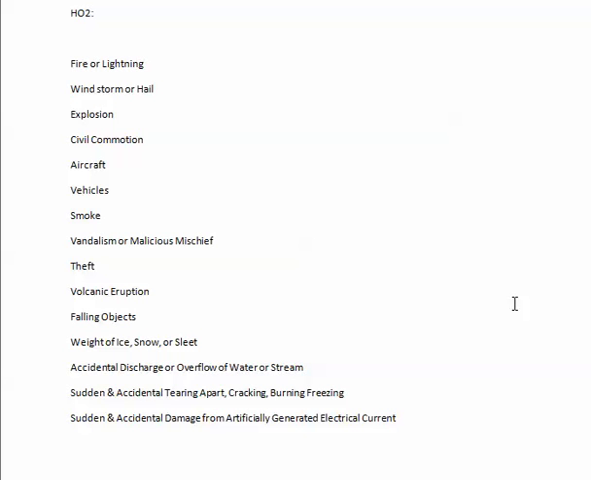The next one is HO3. It is also called a special form homeowners insurance policy. It covers the insured structure for all perils except for specifically named exclusions. The contents within the home are usually covered by a named perils policy. This policy also includes liability coverage. The typical exceptions in this policy are